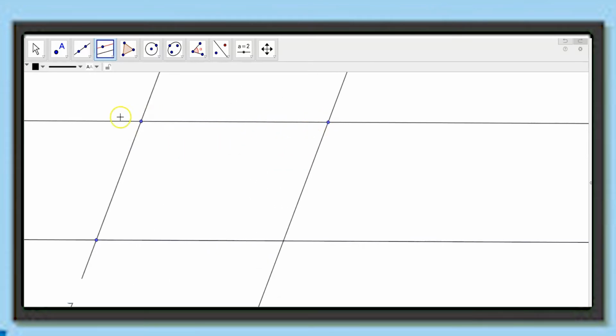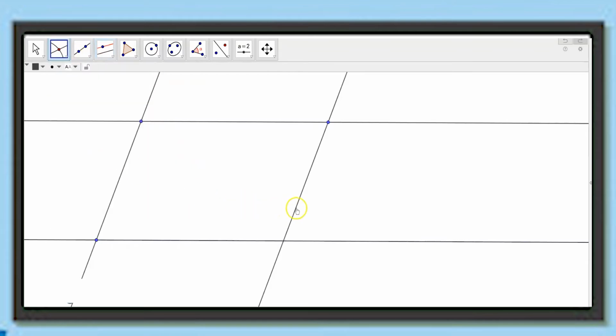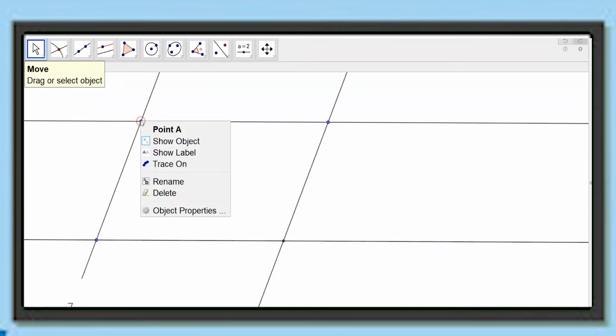Now we have 2 sets of parallel lines intersecting each other, and because of this intersection there is a polygon formed here. It is definitely a quadrilateral because it has got 4 sides. Now in this quadrilateral, since the opposite sides are parallel, it is termed a parallelogram. So let me mark the points of intersection between these 2 lines so that I get all the 4 vertices of this parallelogram.